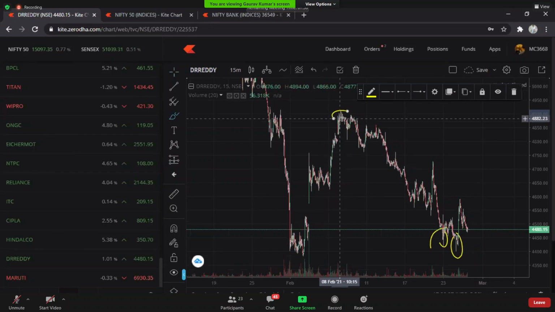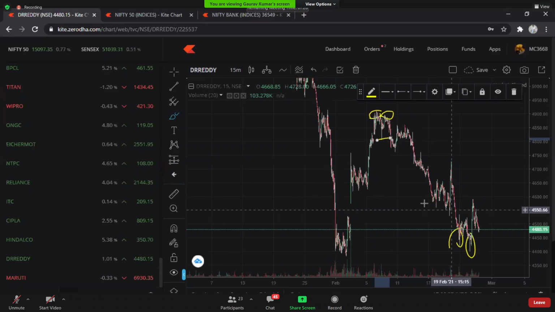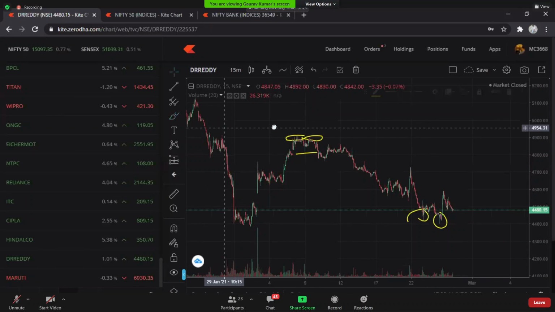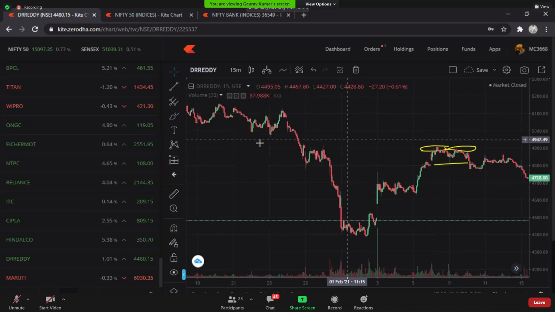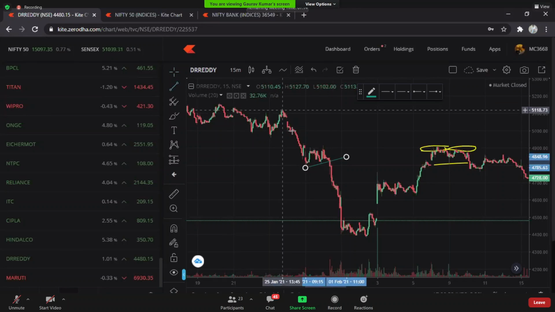See this? The breakout of which the market moved downwards. This is again a bear flag. I have a pole. This is my pole. You can see it quite clearly.